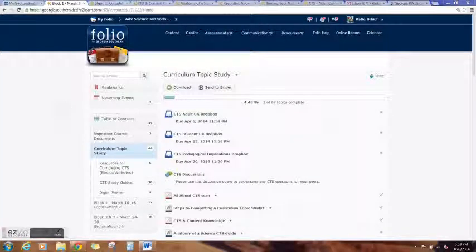The curriculum topic study is the key assessment for this course, and the key assessment is on content. Now that's a little bit different than some of the other key assessments you've done. This one is specifically designed to improve your understanding of how you build content knowledge as an instructor. So it is not a unit, it is not a lesson plan, it is almost like a paper about whatever